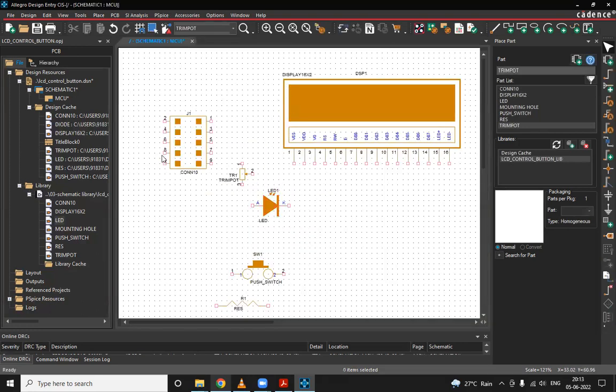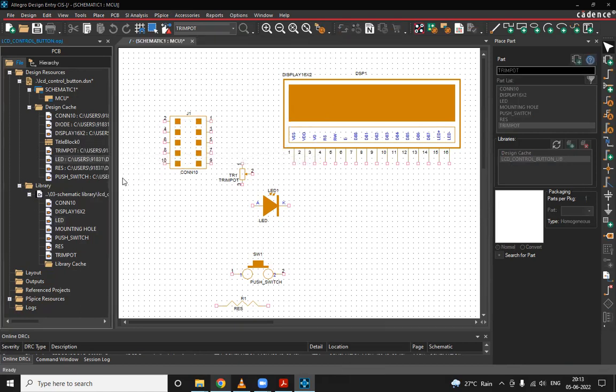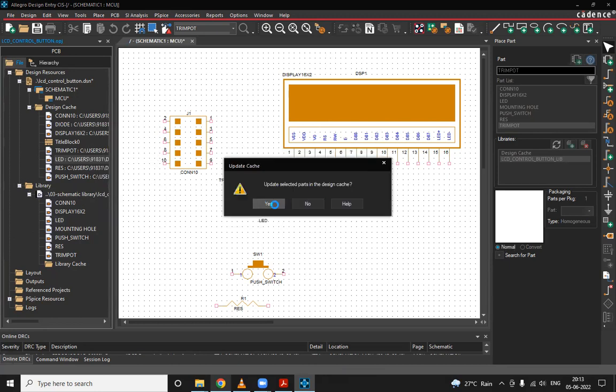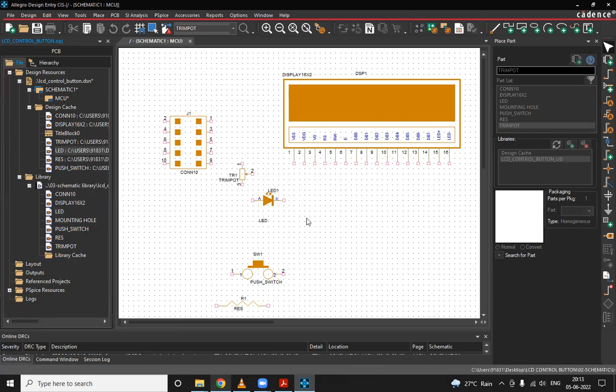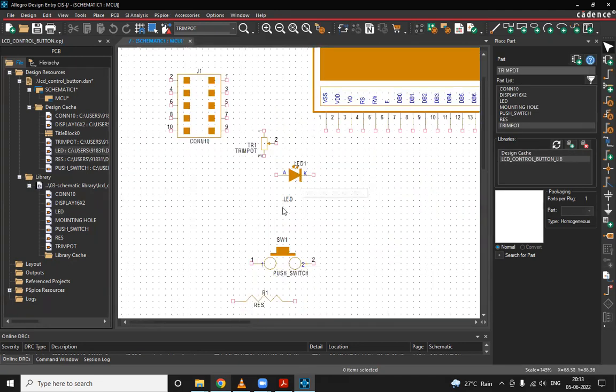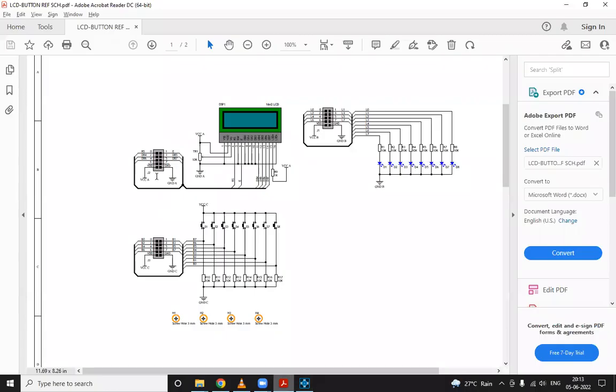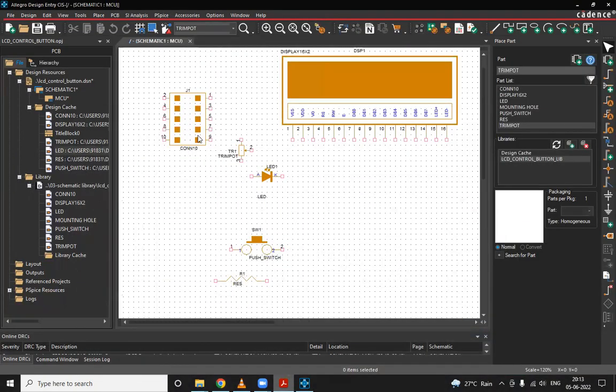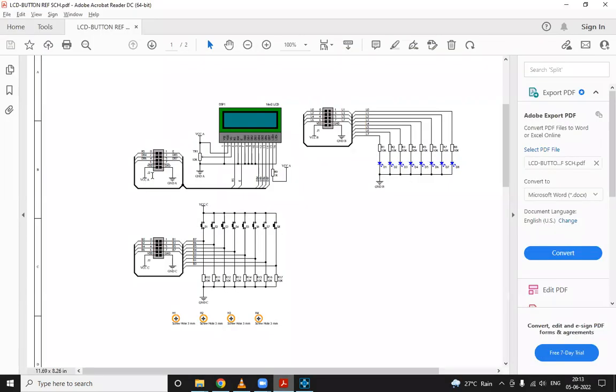So we have created this, but still it is not reflected. Go to design cache, update it. See here, correct now? Guys, clear? Now see the flow. First this is there. Okay, then